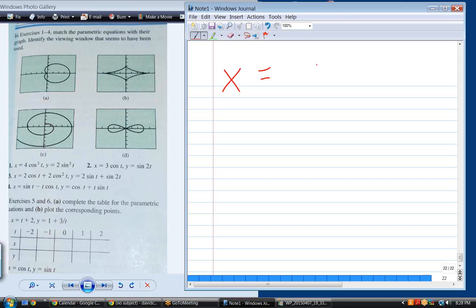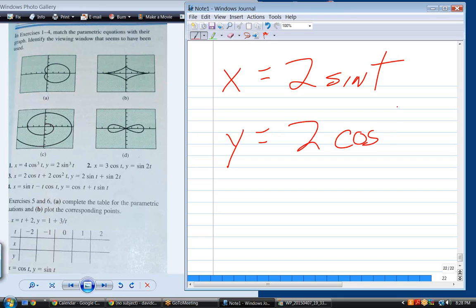But to do 21 requires a little bit of a leap of faith. Not leap of faith, but a little different technique because of the trig functions. In other words, I can't solve for t here very easily. I could say that t is the inverse sine of x over 2, but that's not the way to do these, because I don't have any way of turning that inverse sine into anything. However, what I can do is this step, and this is worth memorizing because it's going to work for ellipses